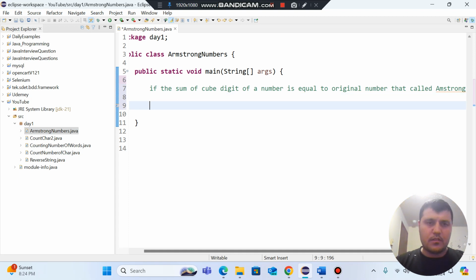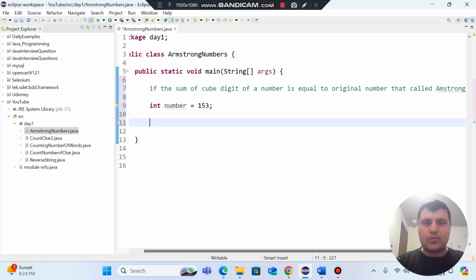The way I wanna code these questions, I declare and initialize a variable, but you can use the number from a scanner or you initialize a variable. Int number is my number, for example, equal to 153. This is my number. I want to check whether my number is an Armstrong number or not. It means 153